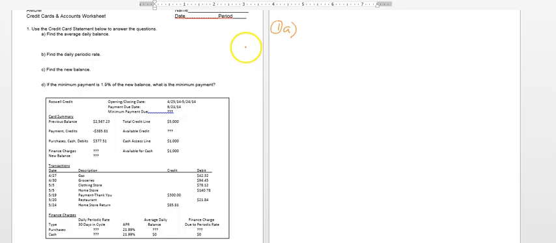So the first thing you need to do is understand how many days are actually in your cycle. So you'll notice down here that we have 30 days. So what I need to do is account for all 30 days. My statement started on 4/25, and the first purchase was made on 4/27. So for 4/25 all the way to 4/26, the balance was the beginning balance or previous balance of